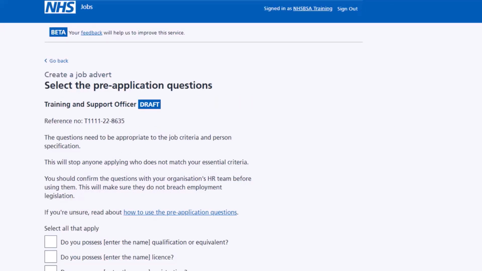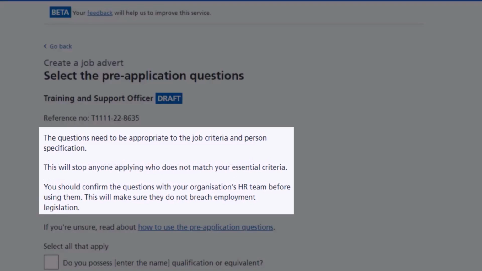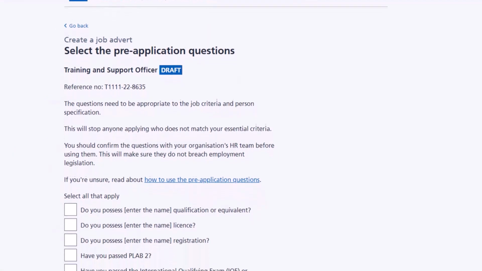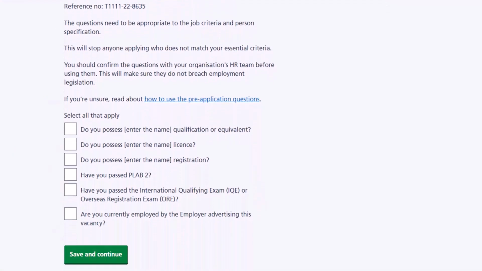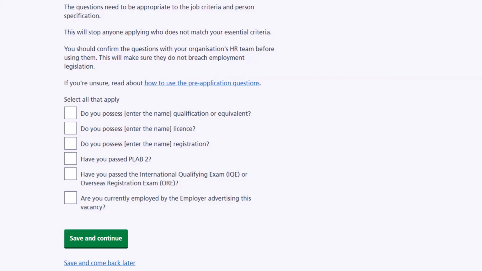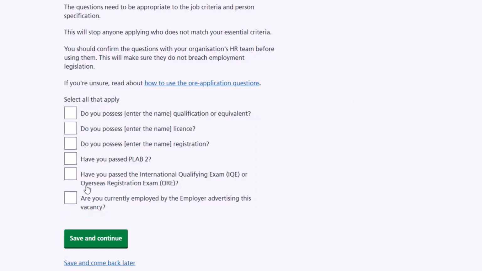If you selected to add pre-application questions, you'll be taken to the Select the Pre-application Questions page. The questions you select need to be appropriate to the job criteria and person specification, as these will stop anyone from applying who doesn't match your essential criteria. If you need further help, you can select the How to Use Pre-application Questions link. You can select more than one question to use using the tick boxes provided, and once you're done, select the